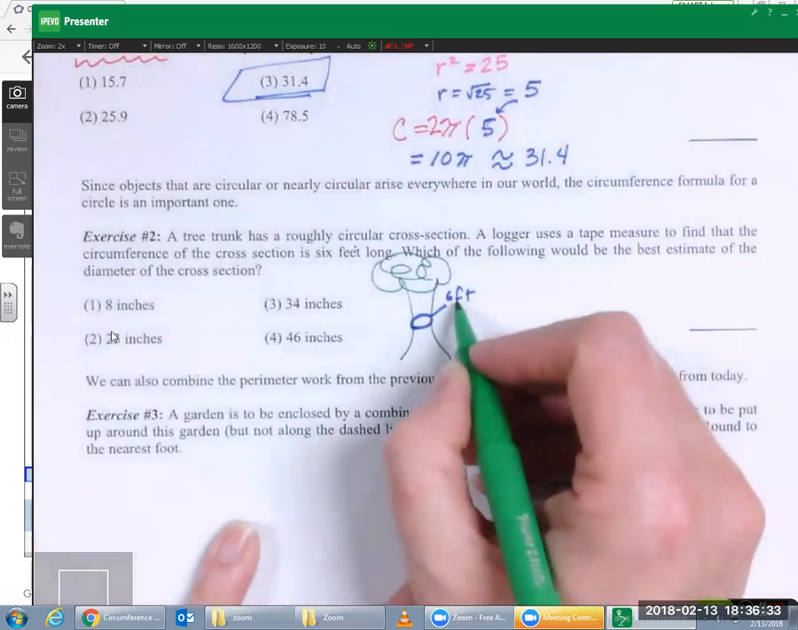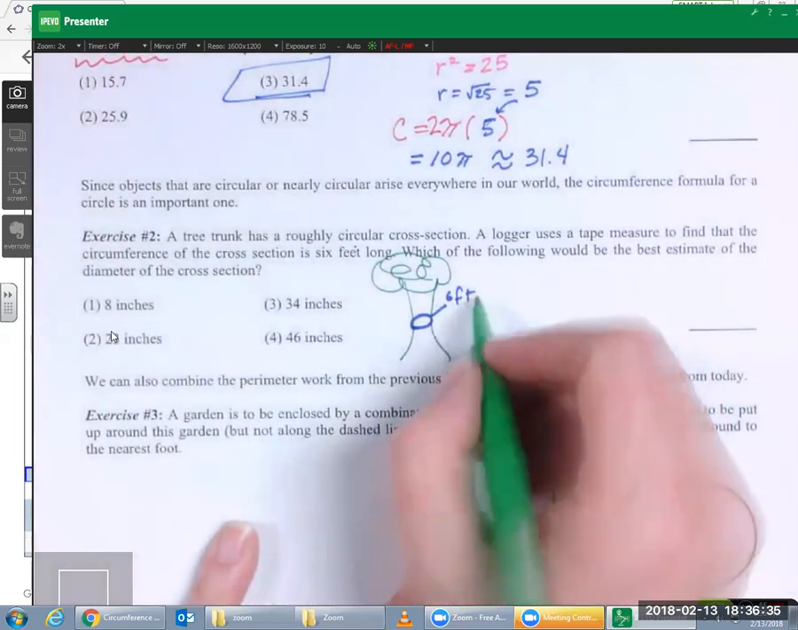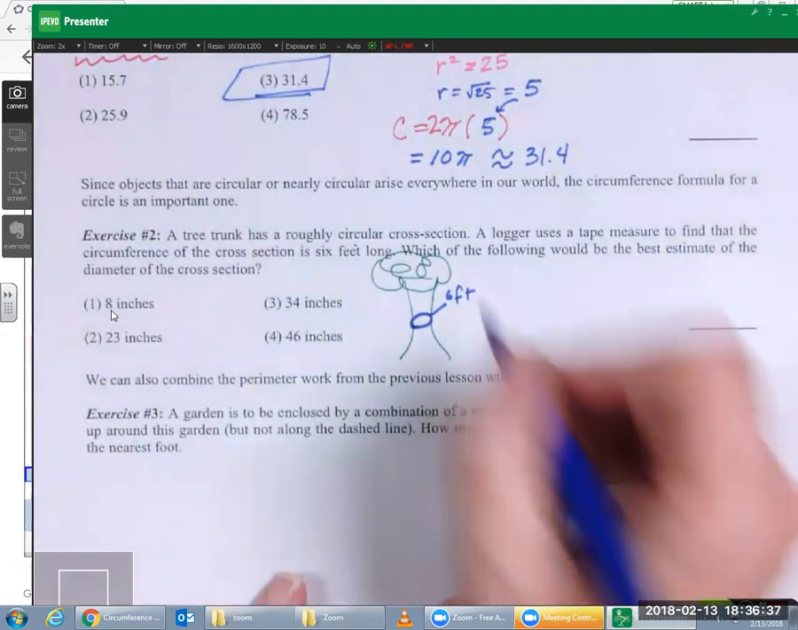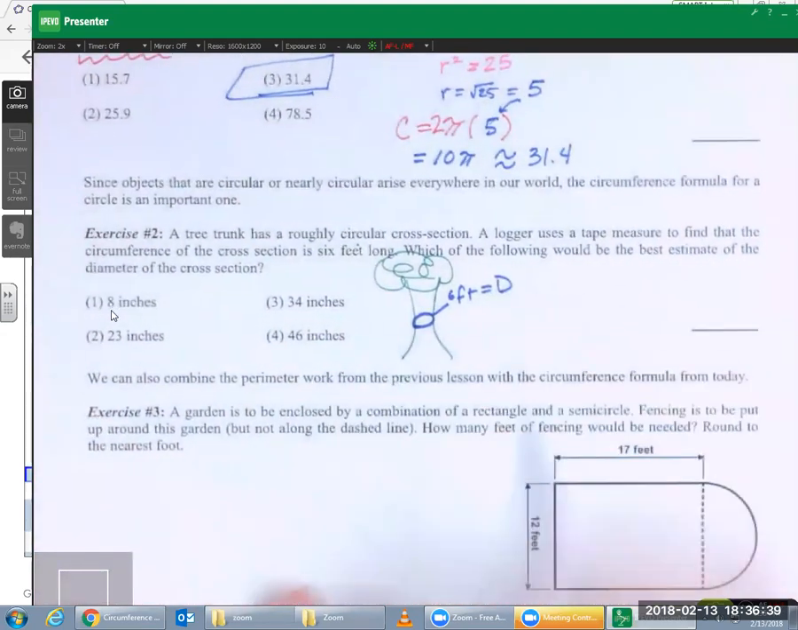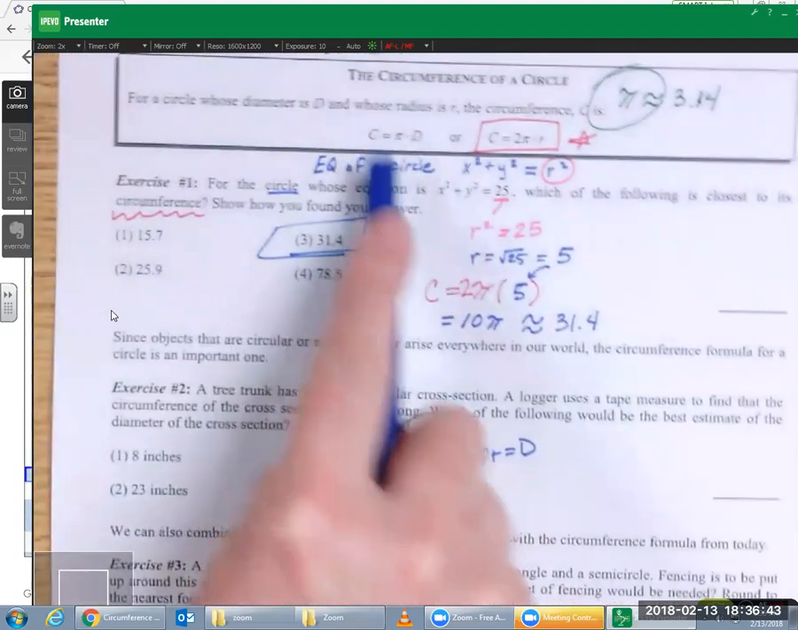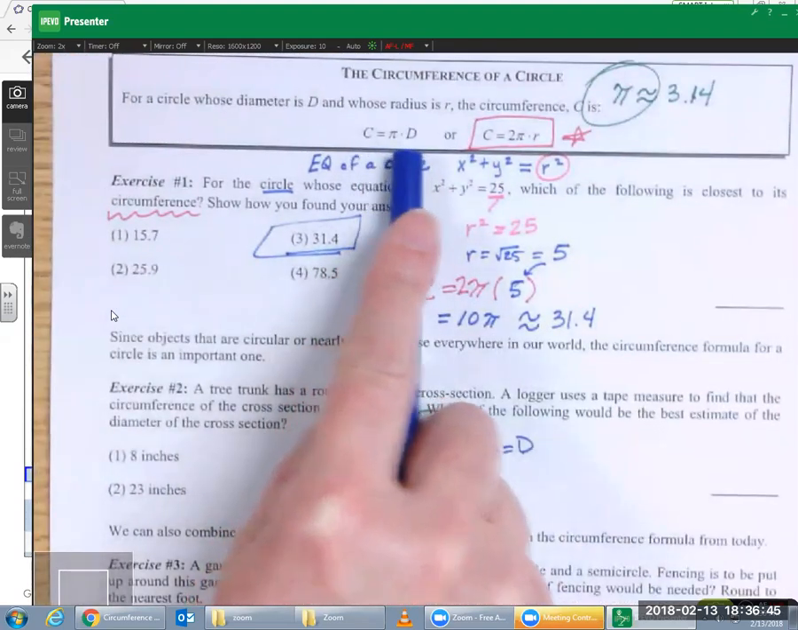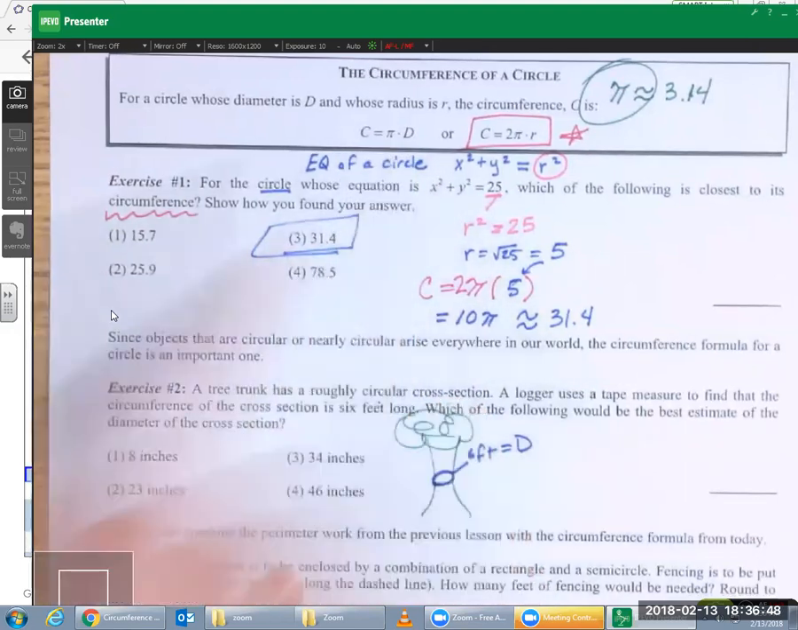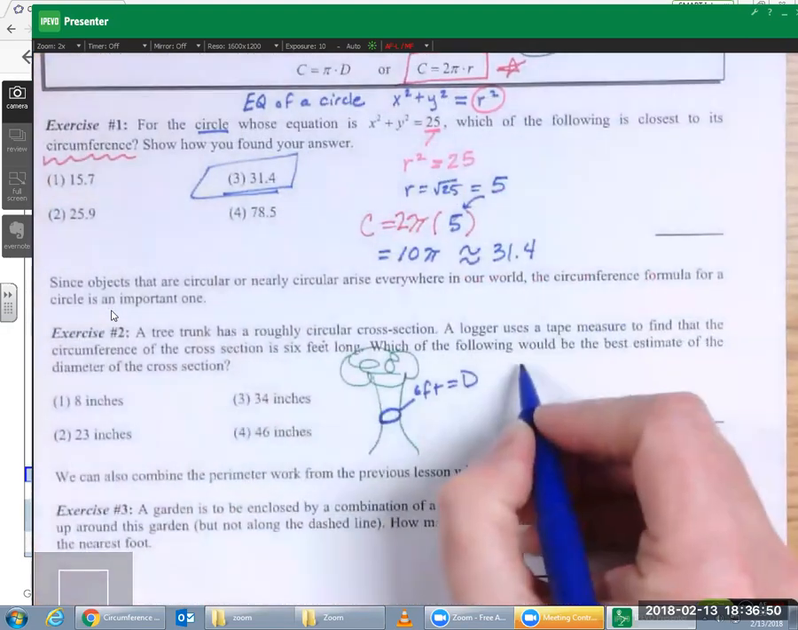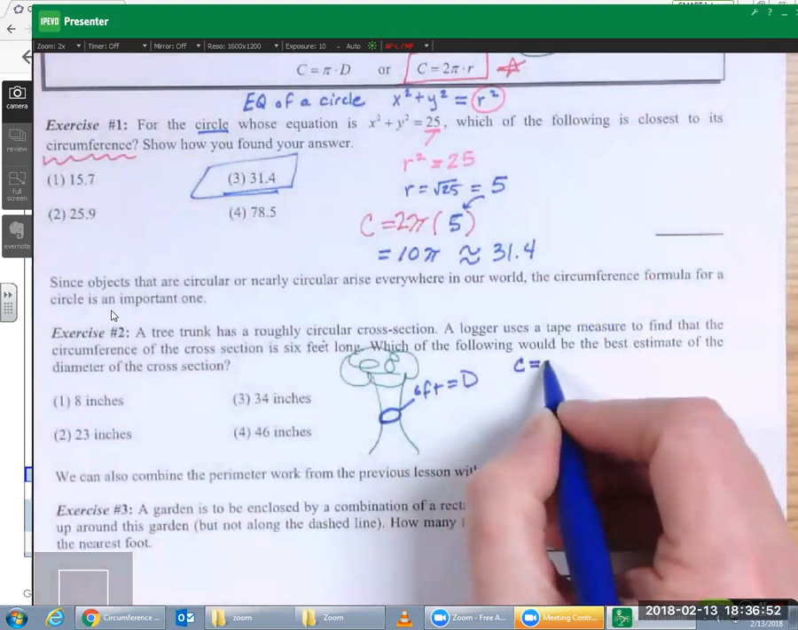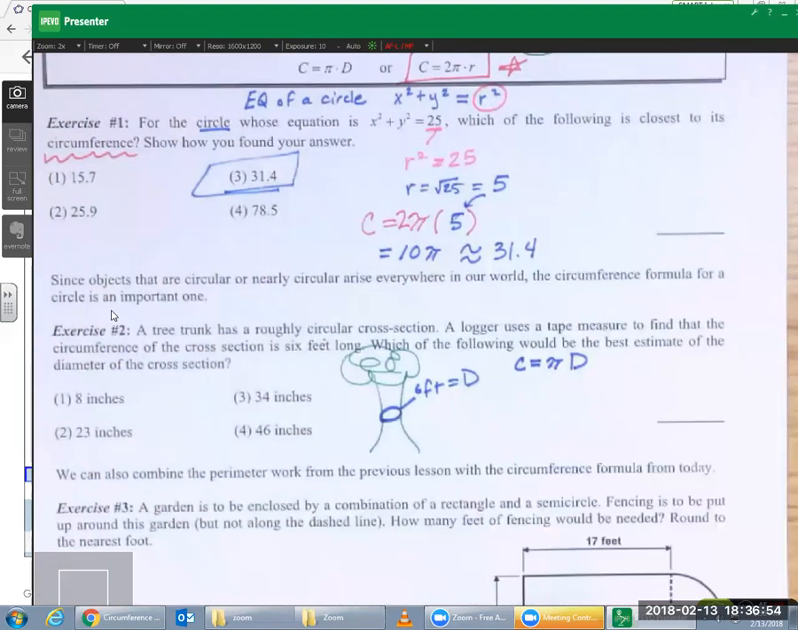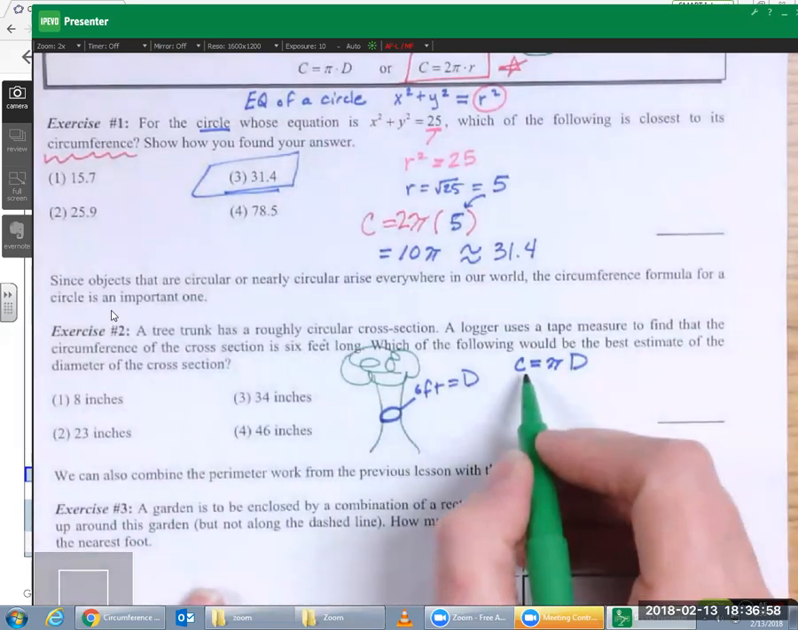Okay, so we have 6 feet in diameter. Let me write down that that's equal to the diameter. Because we have the diameter, it's probably going to be wiser to use the formula up here that uses the diameter. That's going to be my formula of choice. So I'm going to make a note that the circumference is pi times the diameter. And making our substitutions, the diameter,